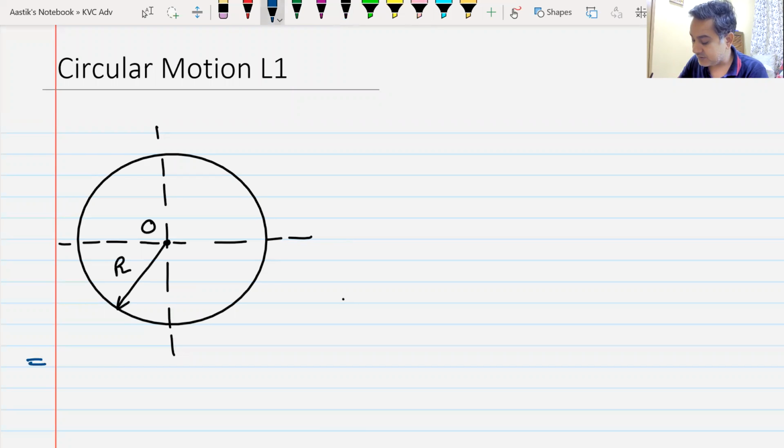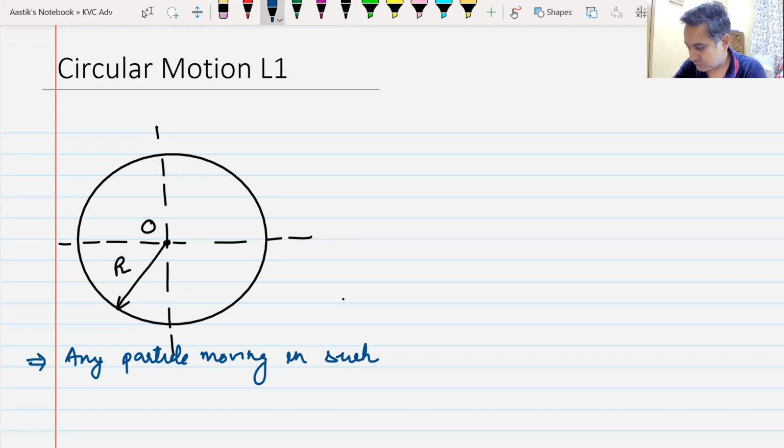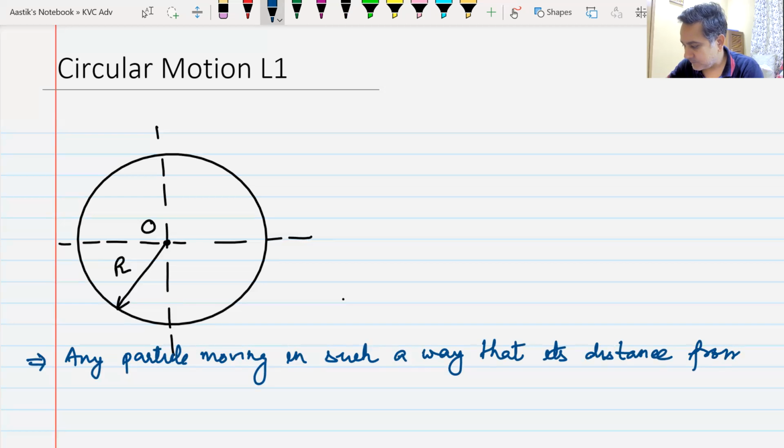If any particle is moving in such a way that its distance from a fixed point